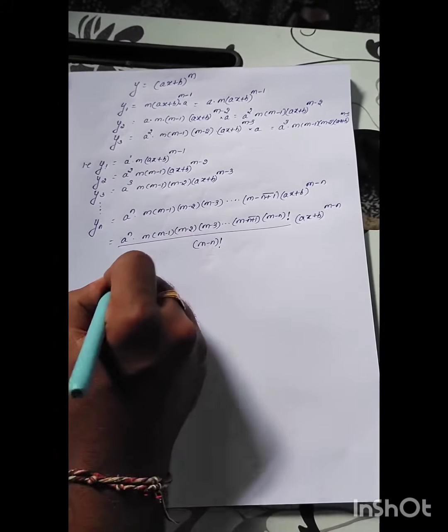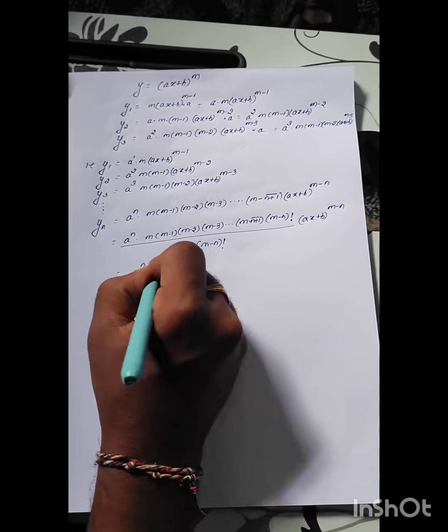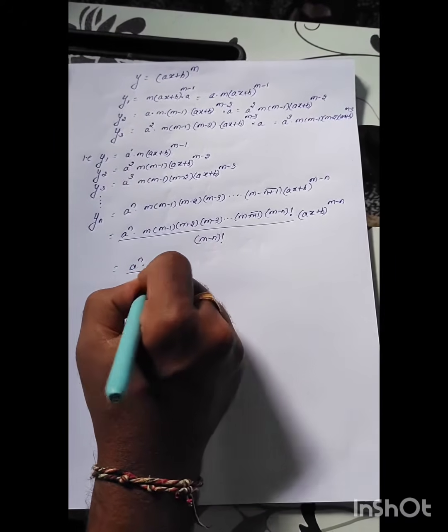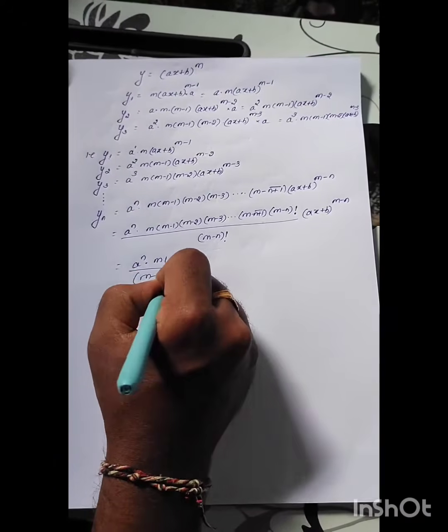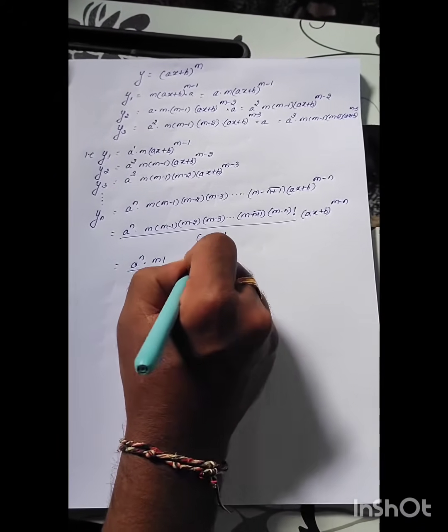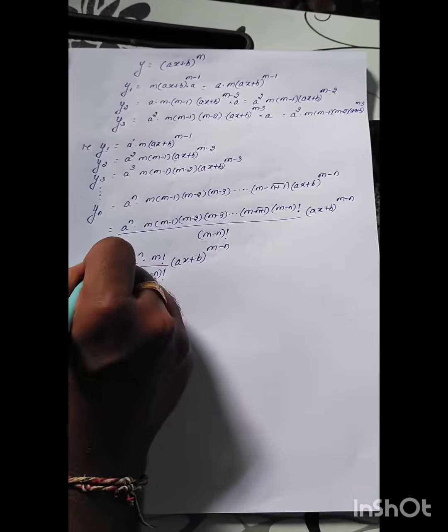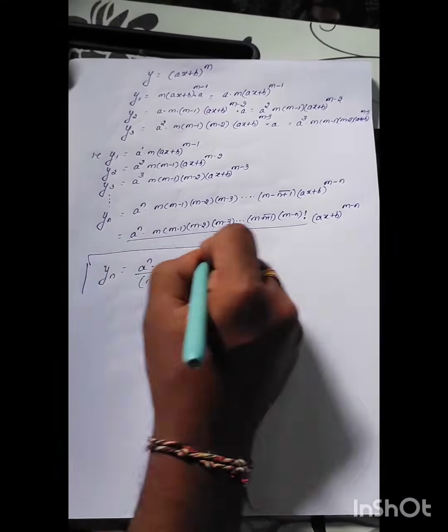So that will become a power n into m factorial divided by m minus n factorial into ax plus b raised to m minus n, which is the required nth derivative of this